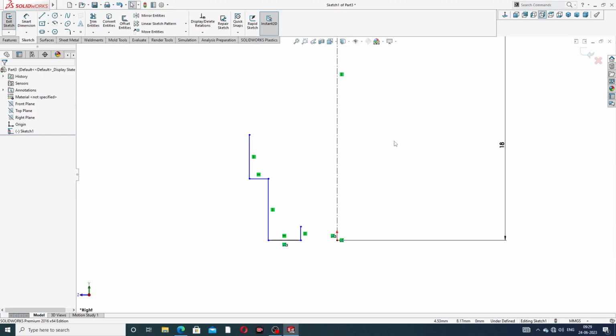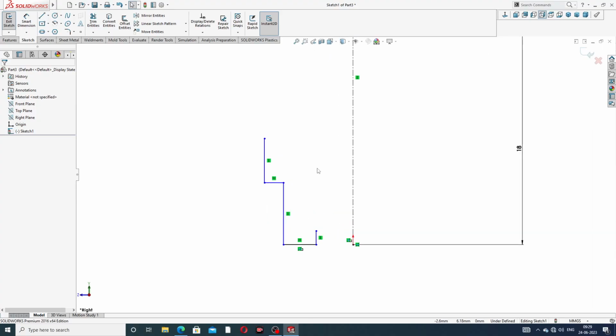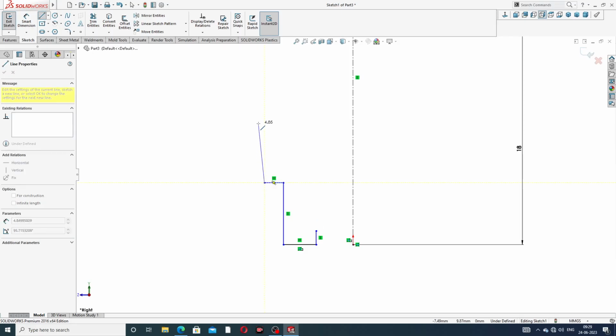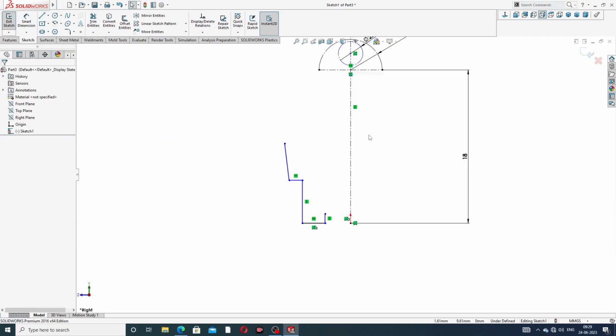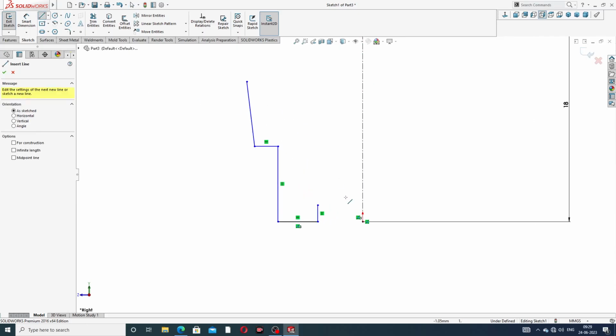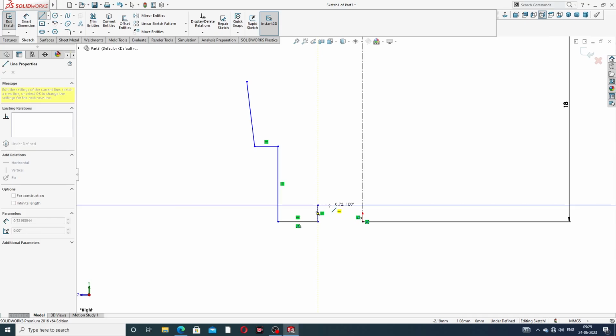Okay, this line is a taper, not horizontal, but a taper line because some angle is defined here. And next point, this is perfect,